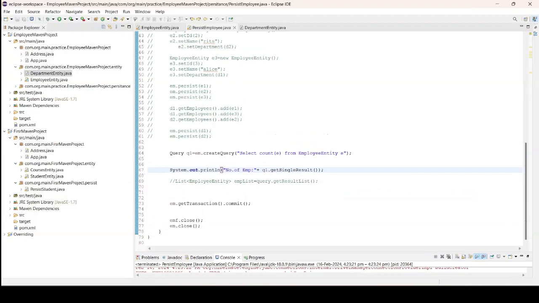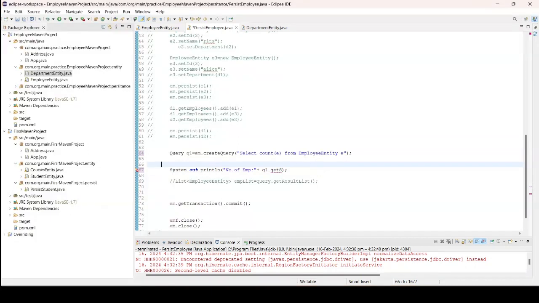We can also, if we have more records like age and all, use it for finding the minimum age or maximum age, etc. Now let's see one more create query. Suppose we want to return the employees between ID 1 and 3. We are not having any age and everything here, so just try these filter operations and see whether they are working or not. So for our case, select e from employee entity e, where e dot id between 1 and 3,